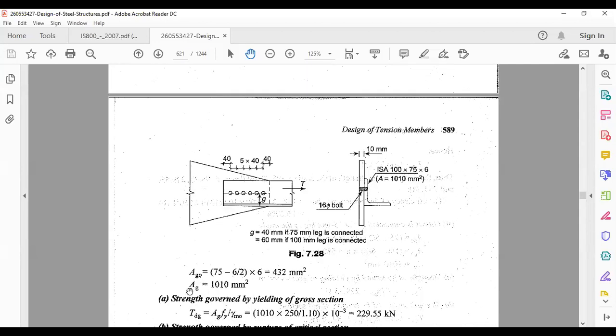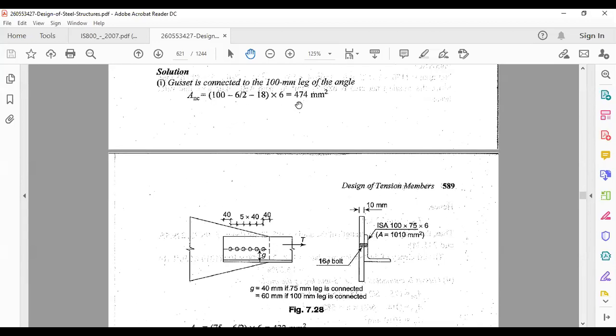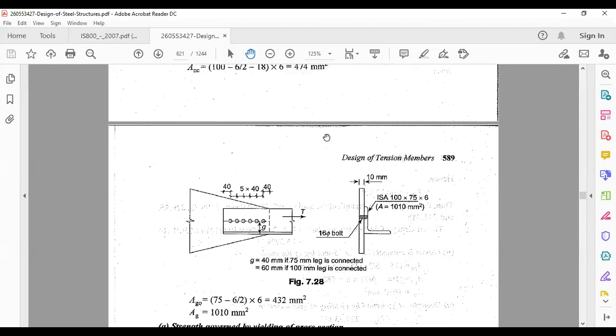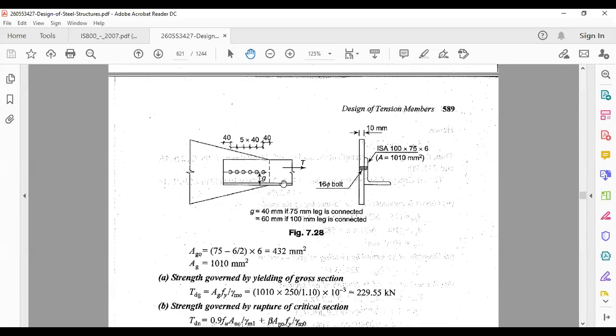This is the total area. AG is the total area. You can get it from the steel table. Don't go for adding these two, because here the bolt hole has been considered, whereas when you go for determining the strength due to yielding, the section will be somewhere here outside these bolts. So you will not get the gross area required to calculate the yield strength by adding these two. Instead, it will be the total area of this angle section without considering any deduction of bolt holes.